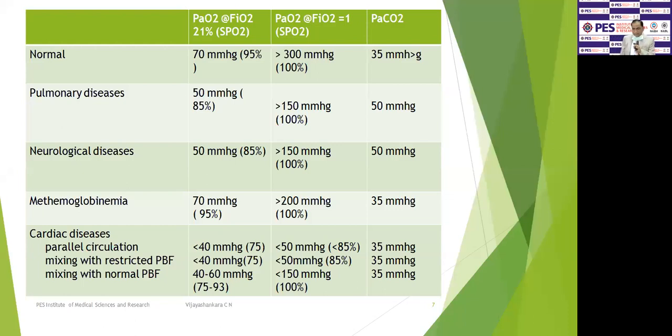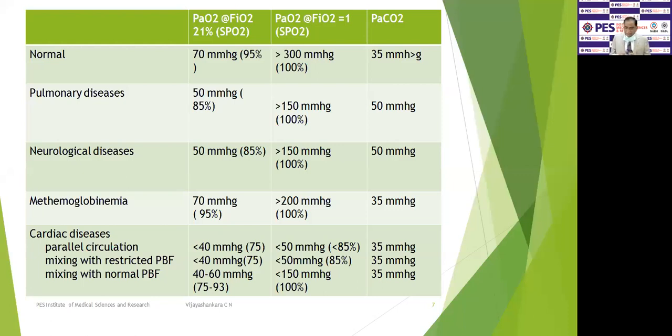Now we are coming to the cardiac diseases, which is more important. Be more careful. There is something called a parallel circulation. Transposition of the great arteries does have a parallel circulation, sometimes without any connection between the two circulations. In the parallel circulation, the systemic blood supply, systemic circulation, is through the pulmonary artery, the aorta connected to the right ventricle. So the saturation will be very low, 75%, and PaO2 will be less than 40 millimeter of mercury. And this is the one which causes the cyanosis.